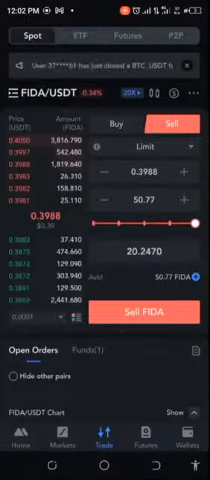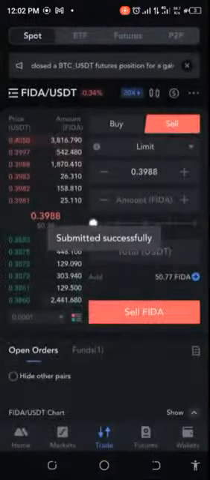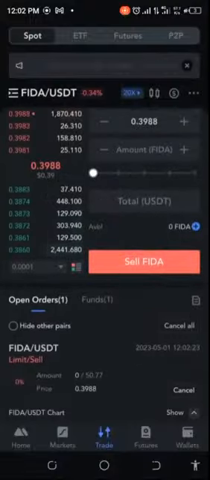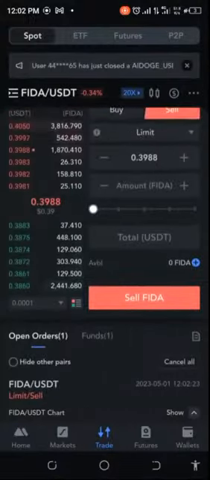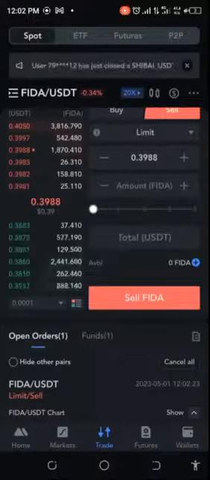So let's go ahead and click on sell. All right, so sell FIDA. So we're currently in the queue. All right, so let's see how long this is gonna take. But while I'm doing this, I'm trying to check what exactly could it have been. Could we hasten this one up? Let's try and see. If I decide to cancel one more time, but before I cancel, the amount of